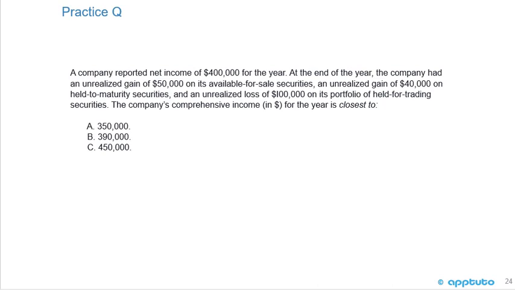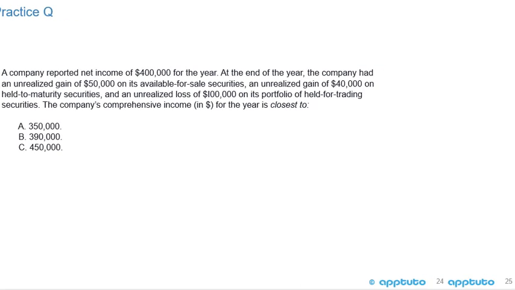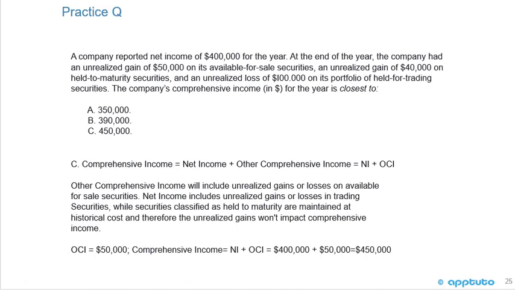The company's comprehensive income in dollars for the year is closest to A, $350,000, B, $390,000, or C, $450,000. Okay, C is correct,